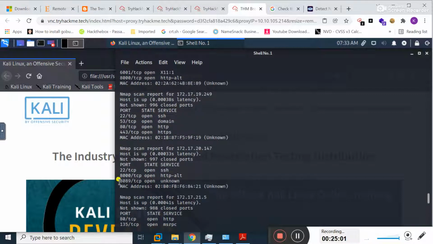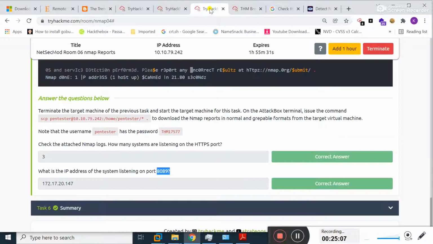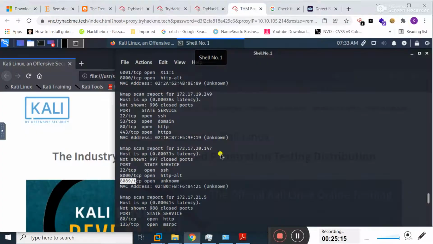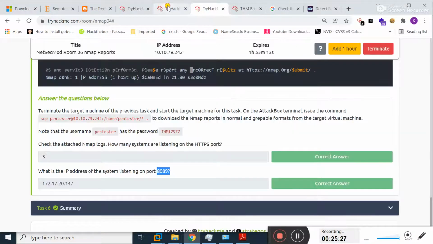Here you can see port 8089 is open. What is the IP address of the system listening on port 8089? I have to find the IP address. See here, the IP address is this one, 172.17.20.147.